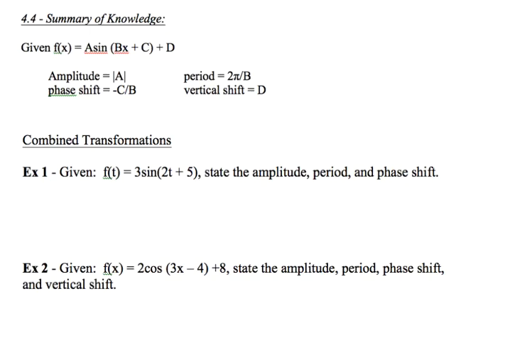Continuing on in 4.4, let's write out a couple of equations showing everything that we just learned with our sinusoidal functions. That's another name to say our sine and our cosine functions here. So if we were given that information of the amplitude being the absolute value of A, the period being 2 pi over B, the phase shift being negative C over B, and the vertical shift being D,